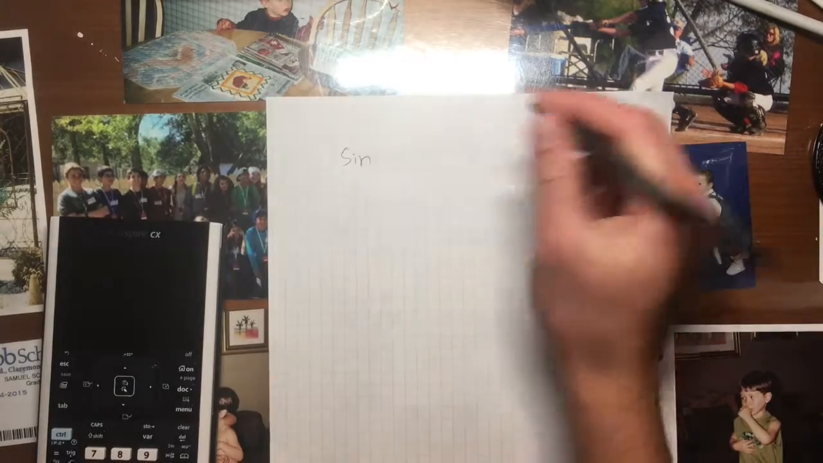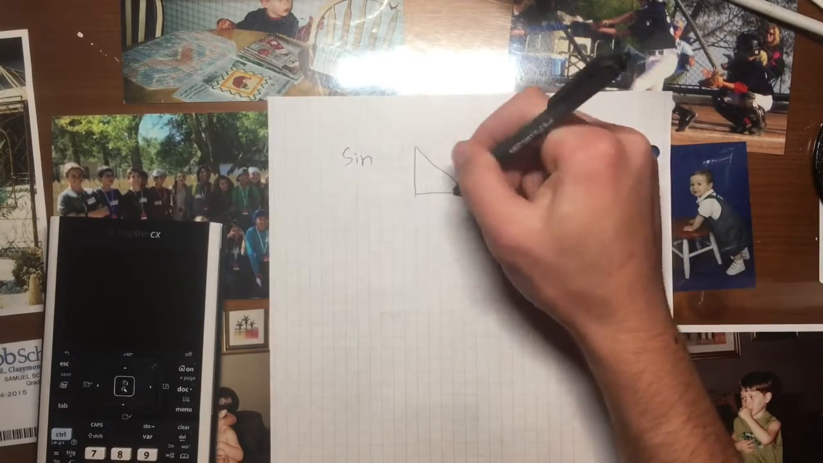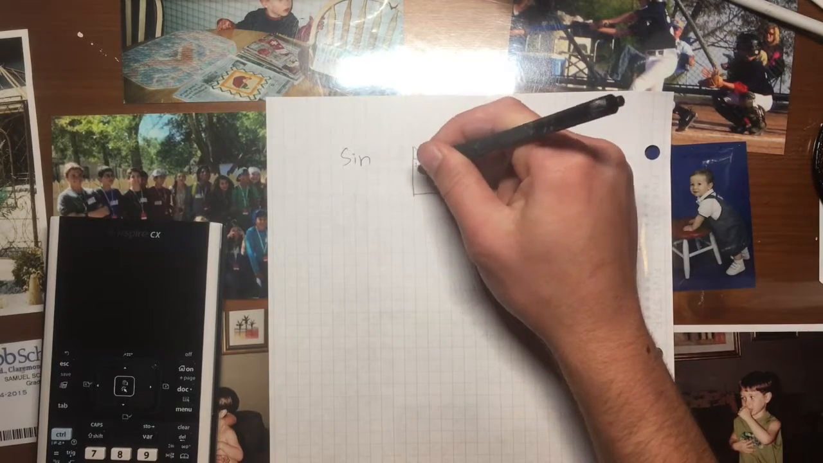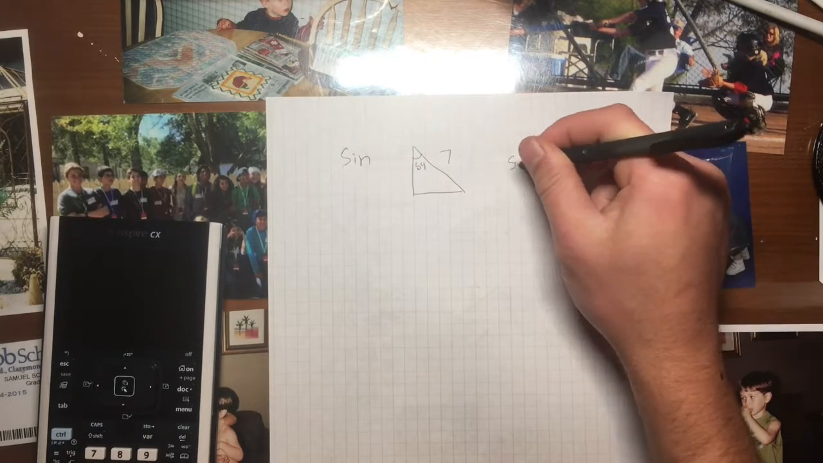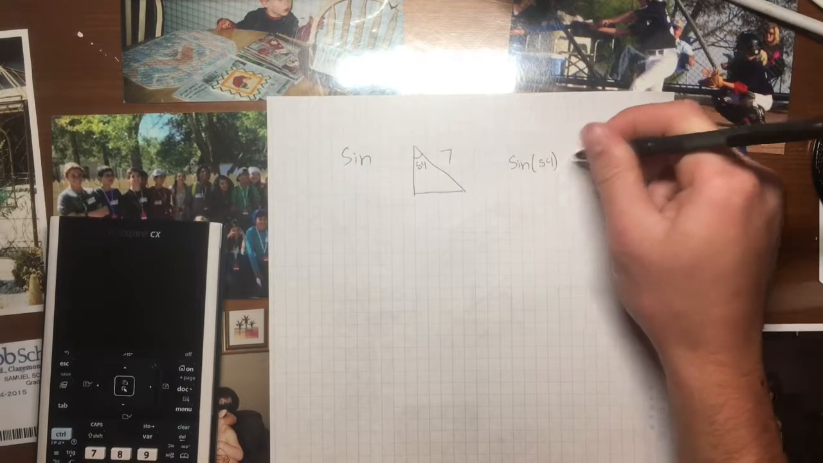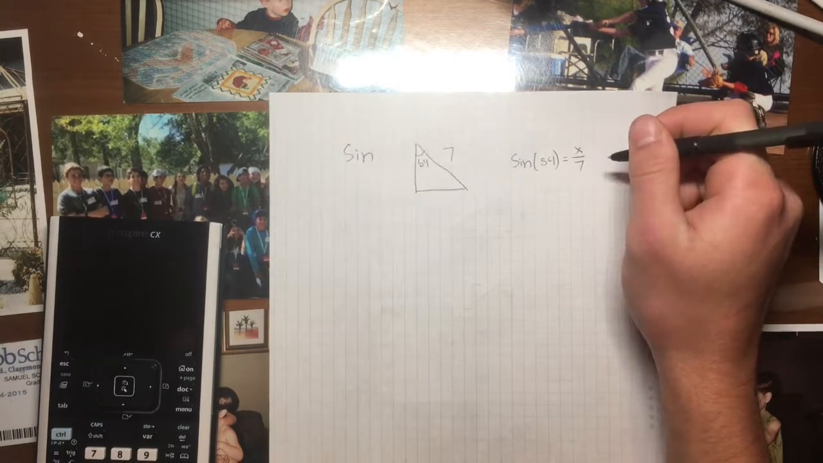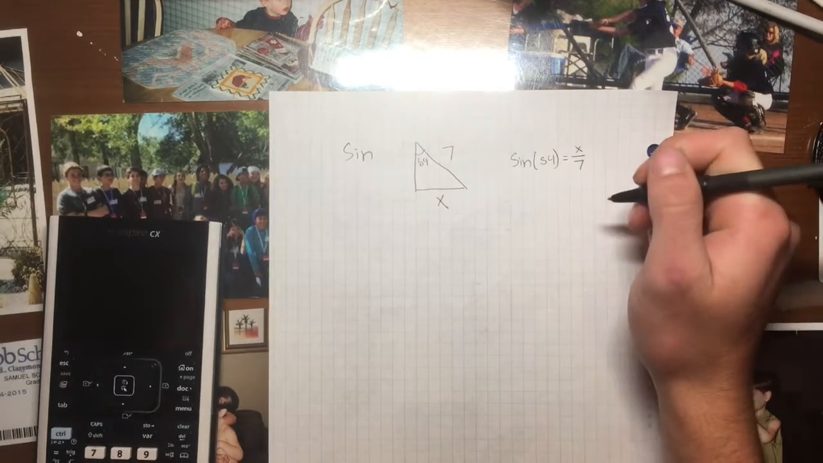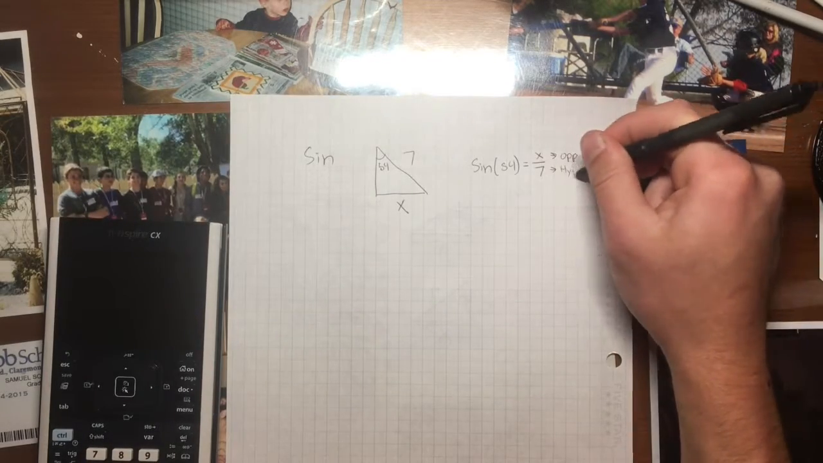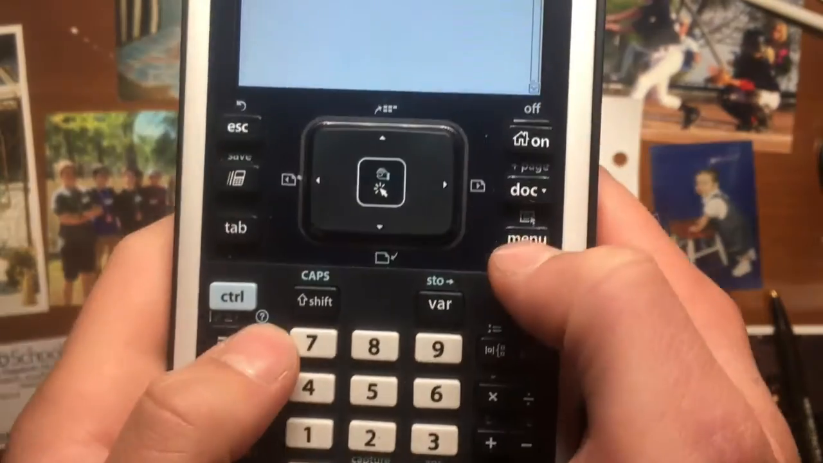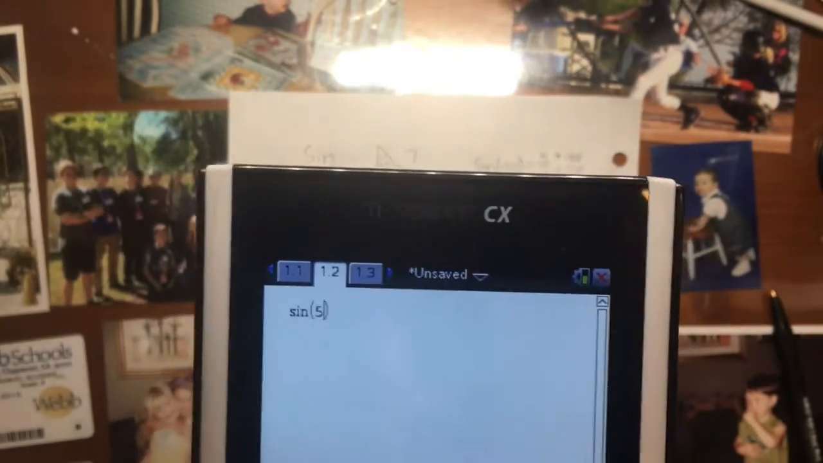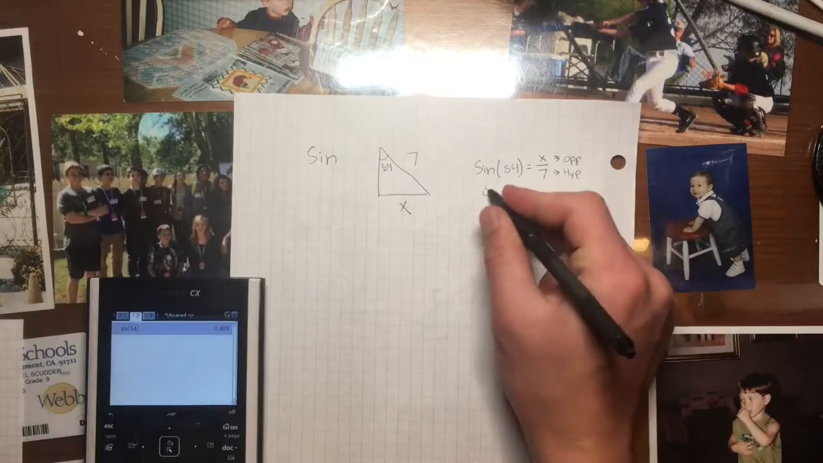Okay, let's move on to sine. Let's say we have a triangle with the angle 54, and its hypotenuse is 7. So let's set up the equation. Sine times 54 is equal to x over 7, since x is the opposite and 7 is the hypotenuse. So multiply sine times 54 and you should get